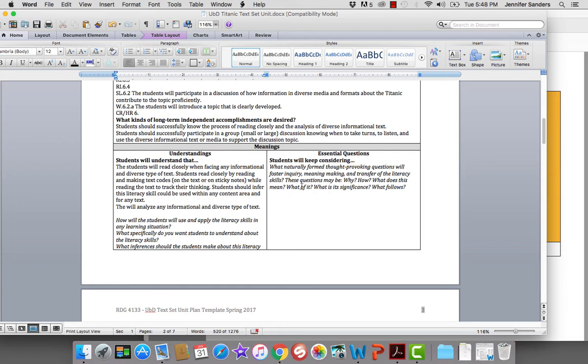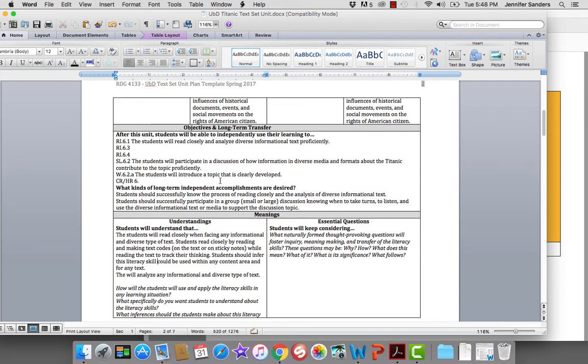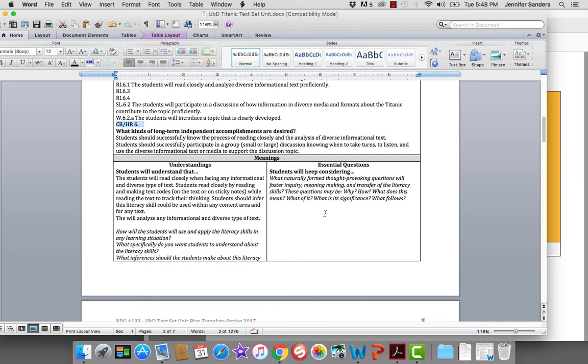I want you to focus on the literacy. We're using history to break it down and go through, and you need to put a standard for your history or your science. But that's not what you really need to focus on here. I want to see the literacy. Think about the literacy. So what naturally formed, thought-provoking questions will foster this inquiry? Well, if I want them to analyze and read closely, one thing that comes to mind is, how do